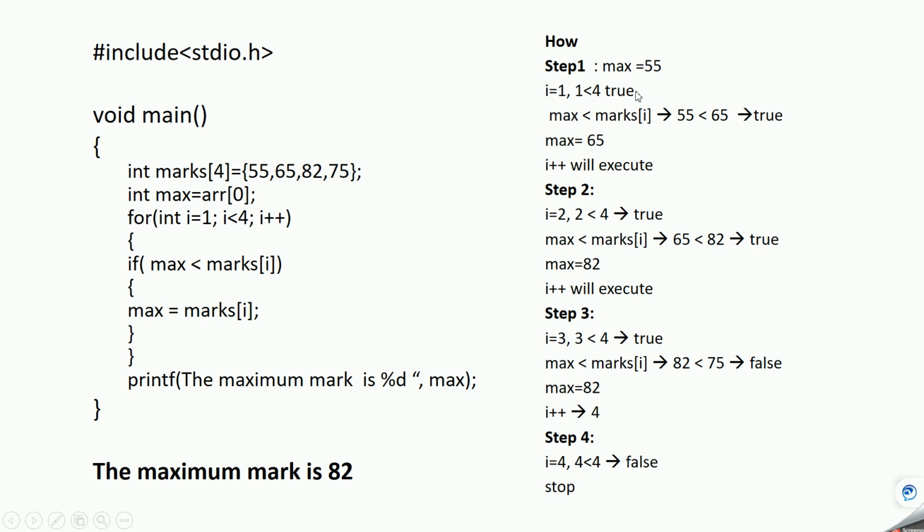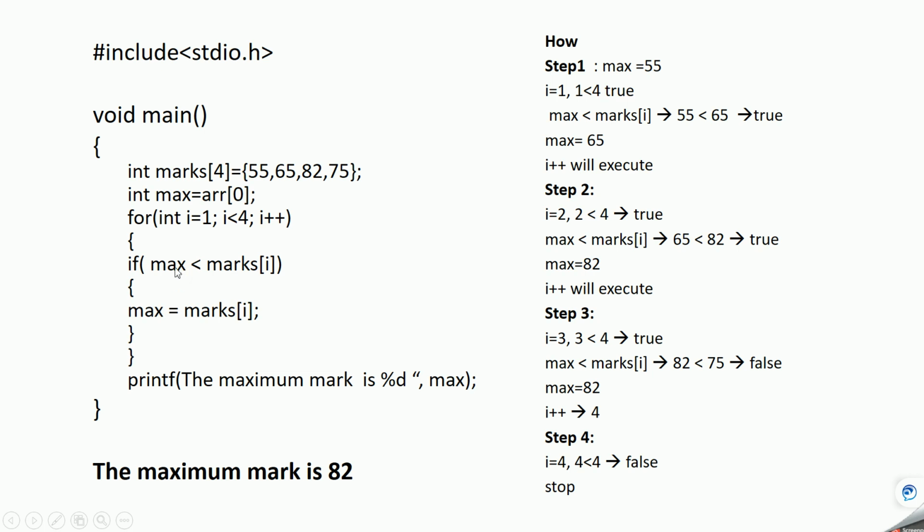So now let's see how this program will work. What will happen in the first step? Now the value of max will be 55. Then this condition will be i equal to 1 and 1 is less than 4. Yes, this i value is 1, so 1 is less than 4. Yes, it is true. So it will come inside this for loop, and this condition will get checked.